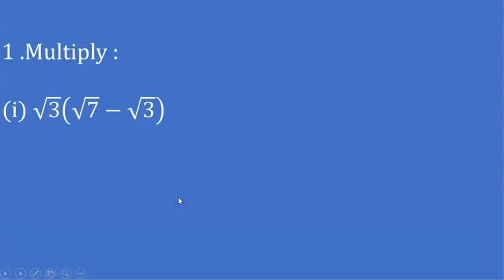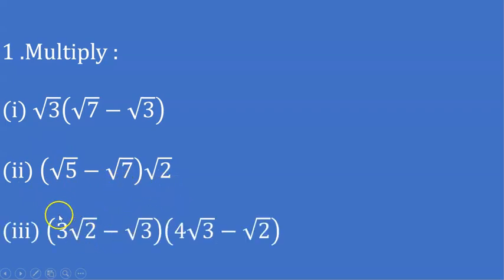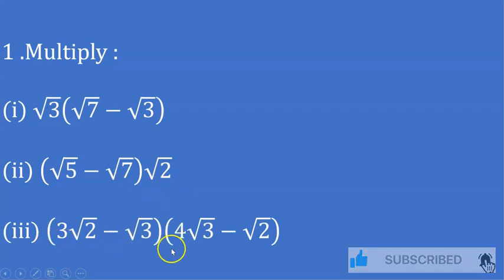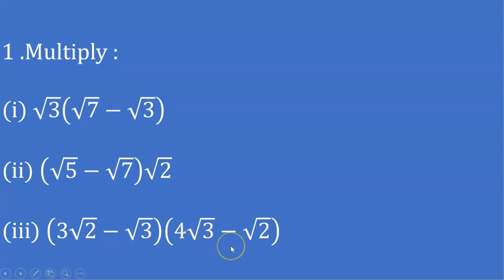First example, multiply root 3 into in bracket root 7 minus root 3. Next, root 5 minus root 7 into root 2. Next, in first bracket 3 root 2 minus root 3 into 4 root 3 minus root 2. Now first example,